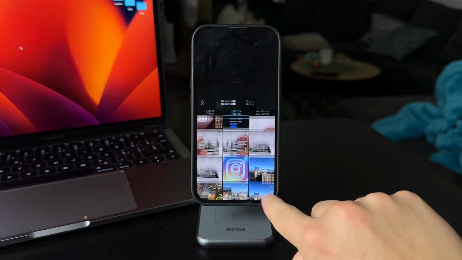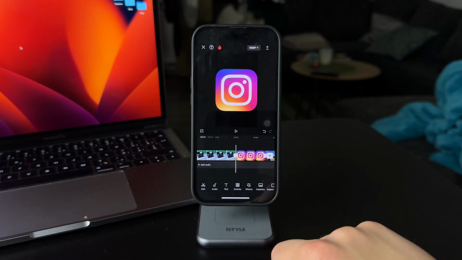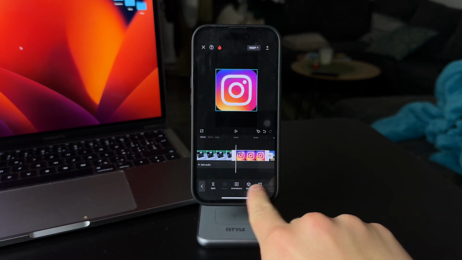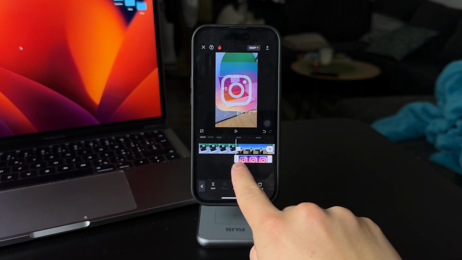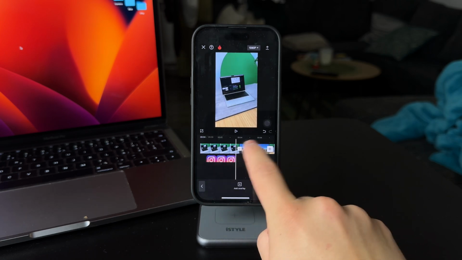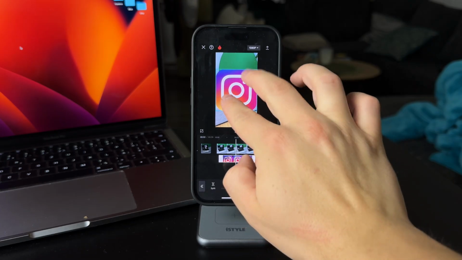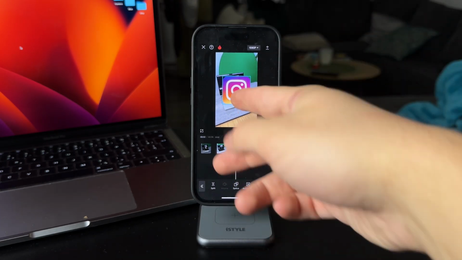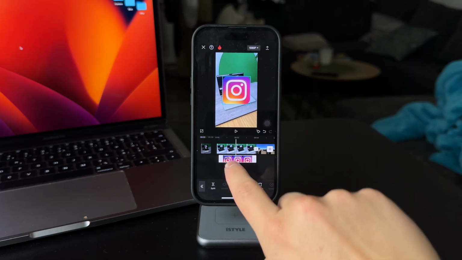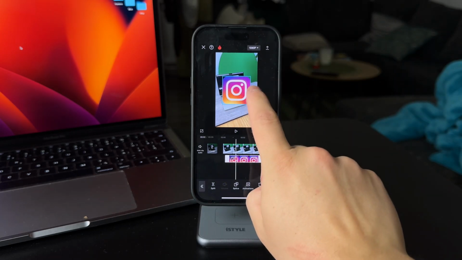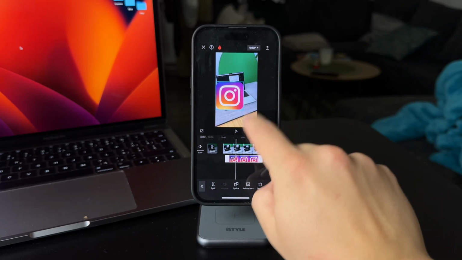So instead of an emoji, I'm just going to use Instagram for this example, and I'm going to choose overlay right here. And this essentially means that I'm going to have Instagram on top of this, which doesn't have to be Instagram. You can download the emoji picture from Google and you can use the keyframe and you can animate